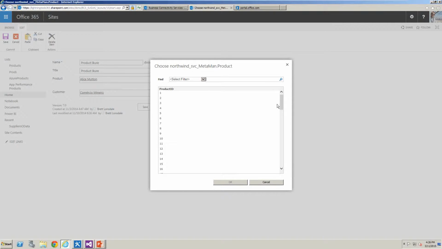So that's one of the things that we need to set when we're creating the external content type, is a property for each field called the show in picker, and this is the picker dialog box. So for each column that you want to display here, you'll select the show in picker. So what I'm going to do here is just select product number 8,